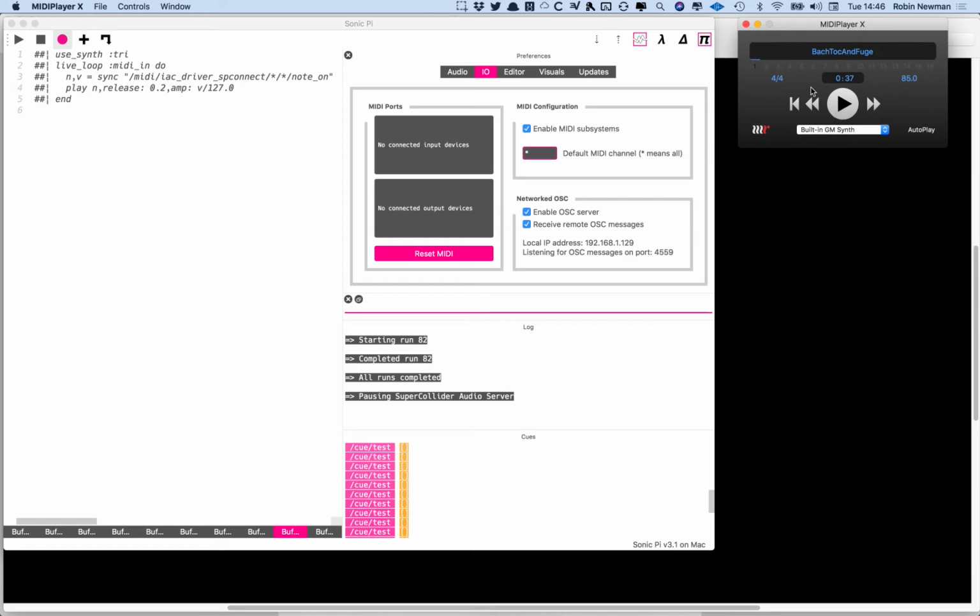hear it internally. So the answer to this conundrum is that we need to make use of an additional app to produce a virtual MIDI port which can be seen both by the MidiPlayer X and by Sonic Pi, and by this means we can connect the two together. So in order to do that, we need to use a utility called Audio MIDI Setup, which is built into macOS. It's actually in the utilities folder inside the applications folder, but the easiest way to get to it is